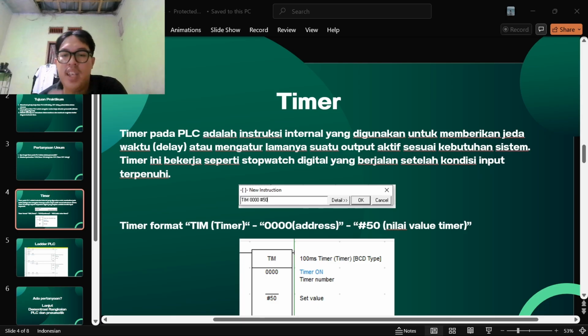T000 hashtag 5T. Here T000 is the timer address and hashtag 5T is the preset value of the timer.